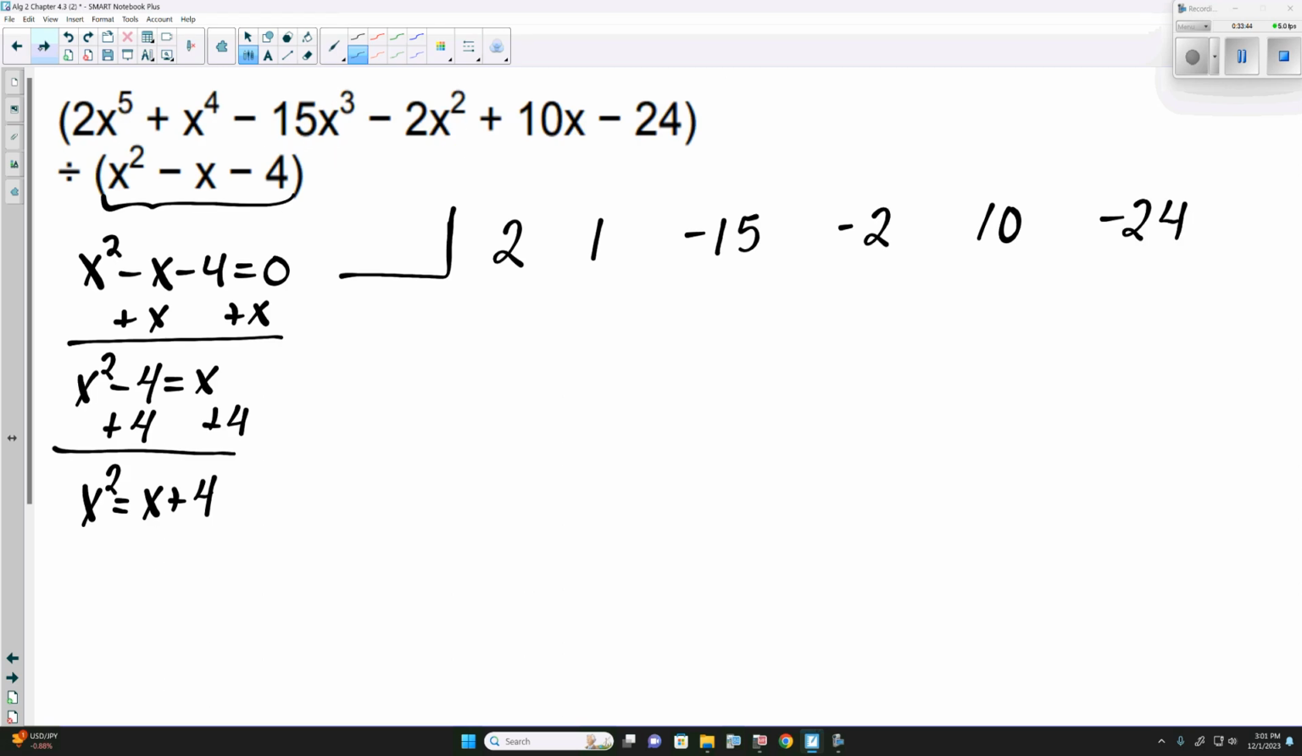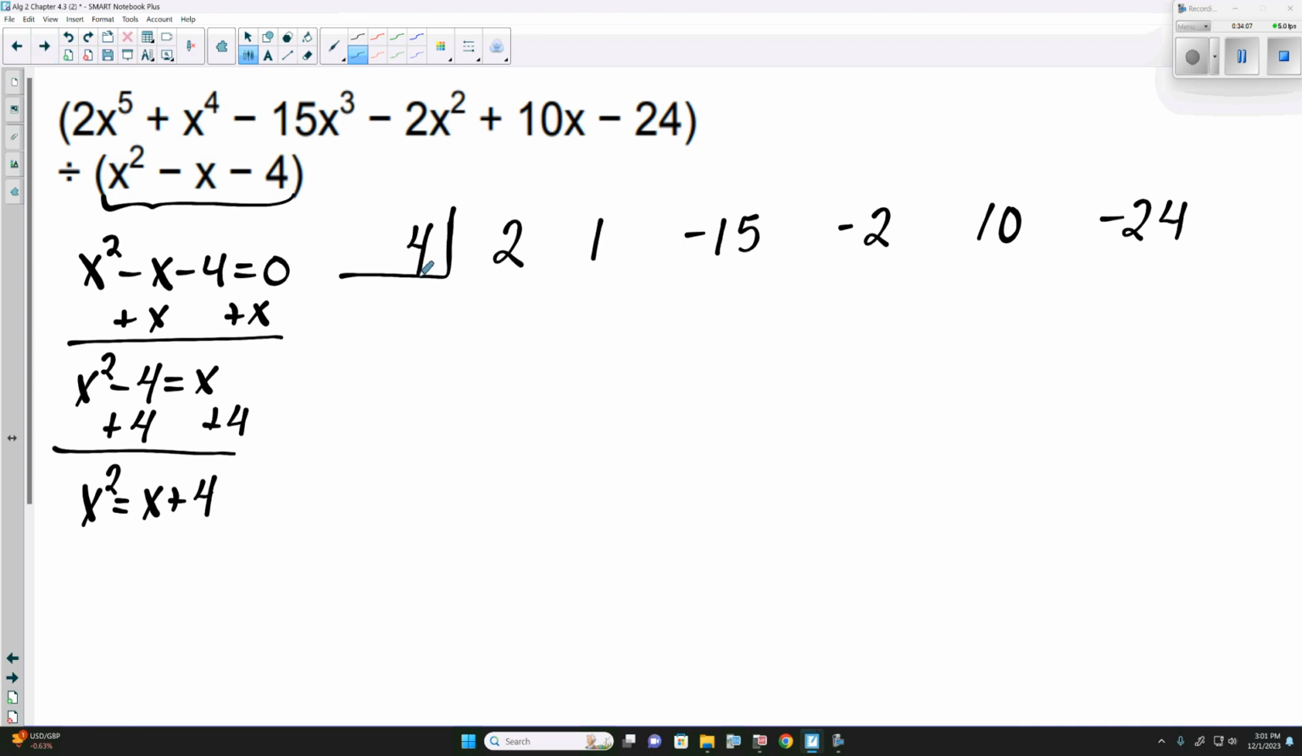For a second there, I thought we didn't do one of the problems, but we did. Now, going across the top is the same as we've been doing. We put the coefficients of our numbers. So 2, 1, negative 15, negative 2, 10, negative 24. If any of the numbers are missing, we put them in as 0. Now, the numbers that go in the cubby,